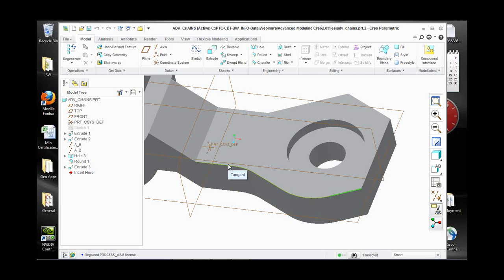At that point, all of the rest of the selection functions are based out of your right clicks. If I right click once, there is surface from to. Essentially, if I let go, it's going from this edge to that edge. If I hold it again, there's tangent, there's surface from to that way, and if I pick it again, there's surface from to the other way. So I have my surface, or essentially my loop selection techniques, but it's initiated out of the shift button and then the right click that goes from tangency to surface loop from one side to surface loop on the